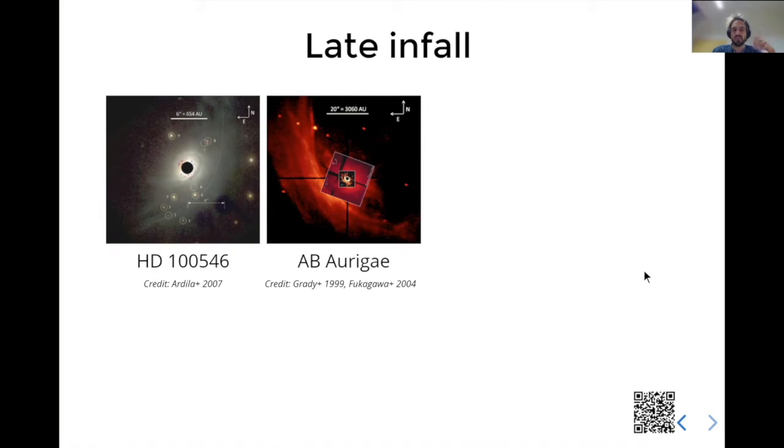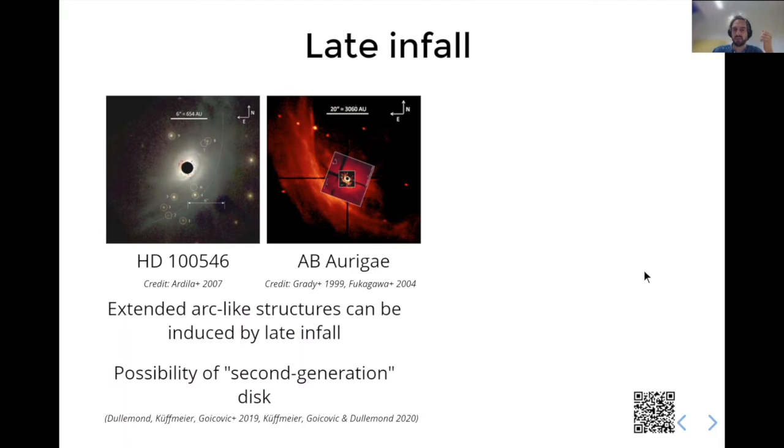So what we did was carry out simulations. What happens if an isolated star, a single star, just interacts with gas at a later stage? Carrying out hydro simulations, we found that you can actually produce these arc structures through such encounter events. In a follow-up study, we also found that this is a way of creating a disk. We called it a second generation disk. You have an encounter event, the gas is captured, and then you produce a disk. So we were thinking, if you can produce a disk in this way, can this maybe also be a mechanism to